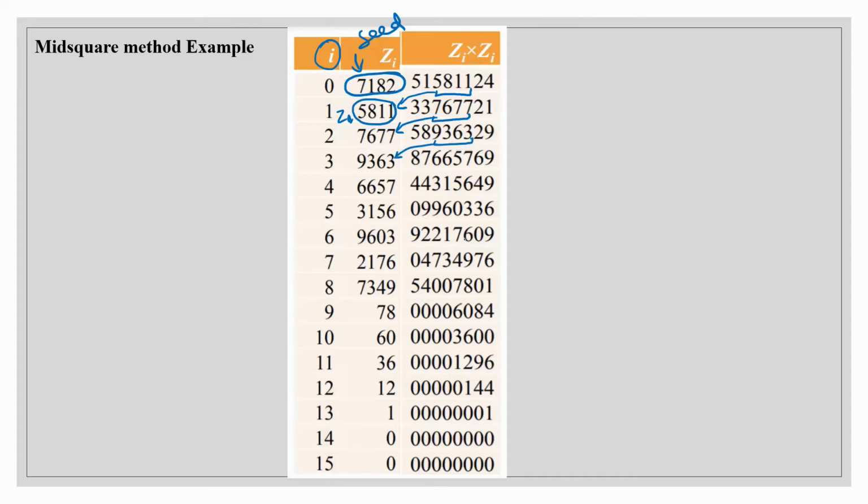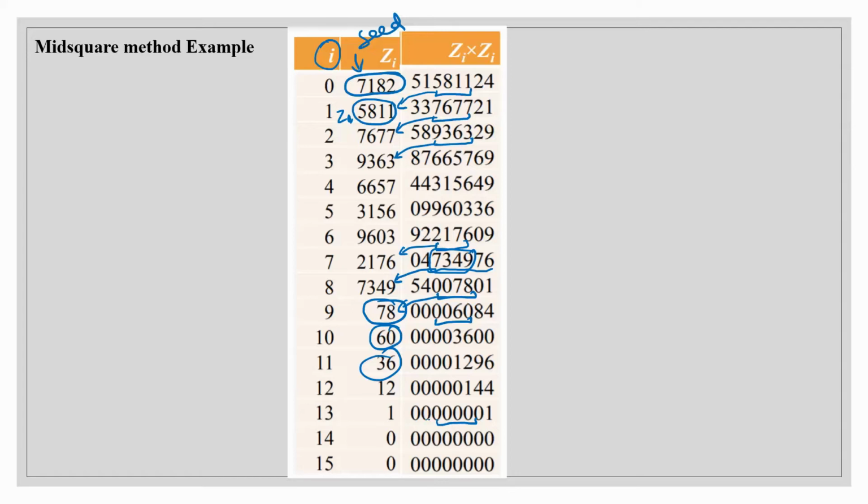Now over here, when we select this as our random number, we get only 7 digits, so you have to append a 0 in front to make it 8 digits. Again the same process: you choose the middle 4 and square it. Here also you can see there is a problem. There is a 0 0 in between, so the seed value will be only 78. Ultimately the consequence is that you will get only 0 0 0 in between. This is a demerit of this method.